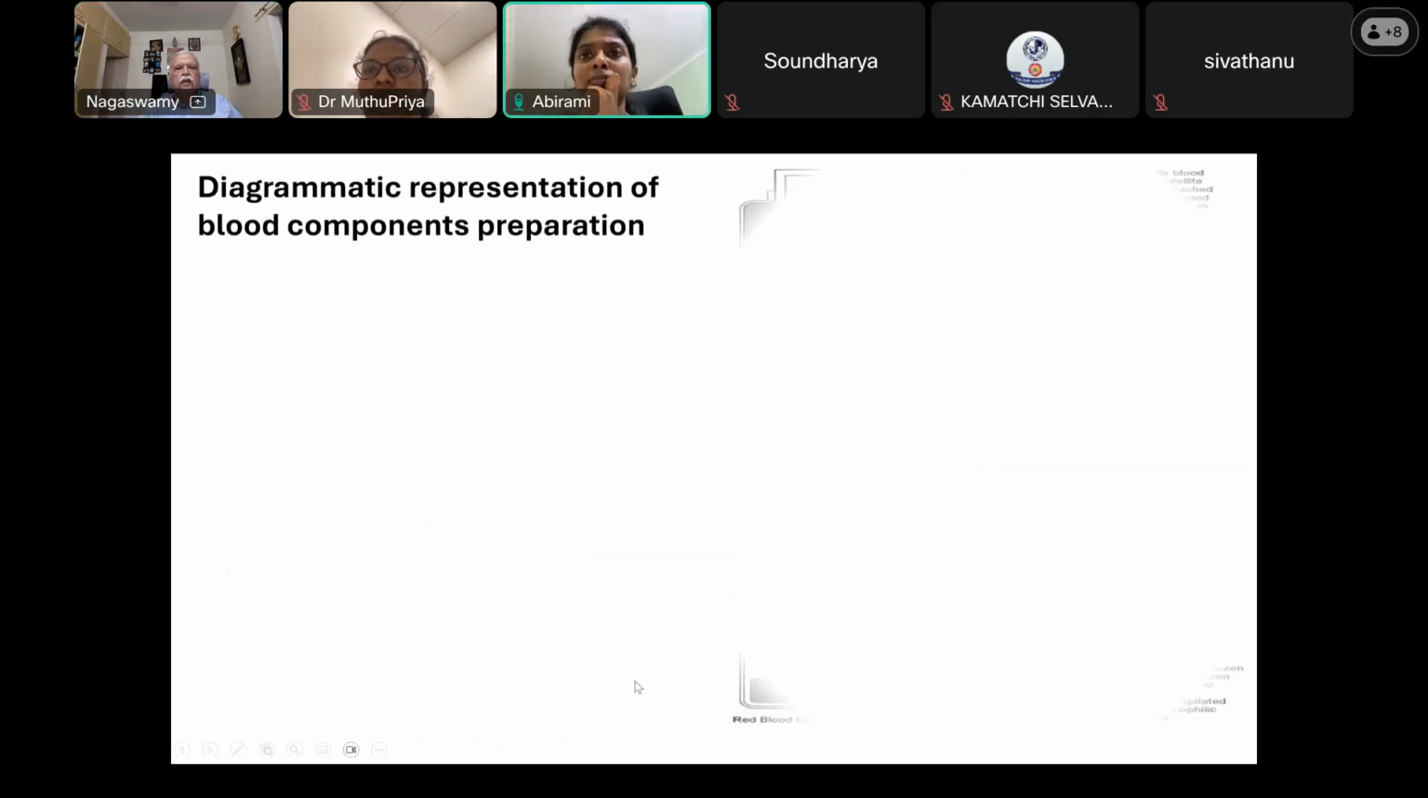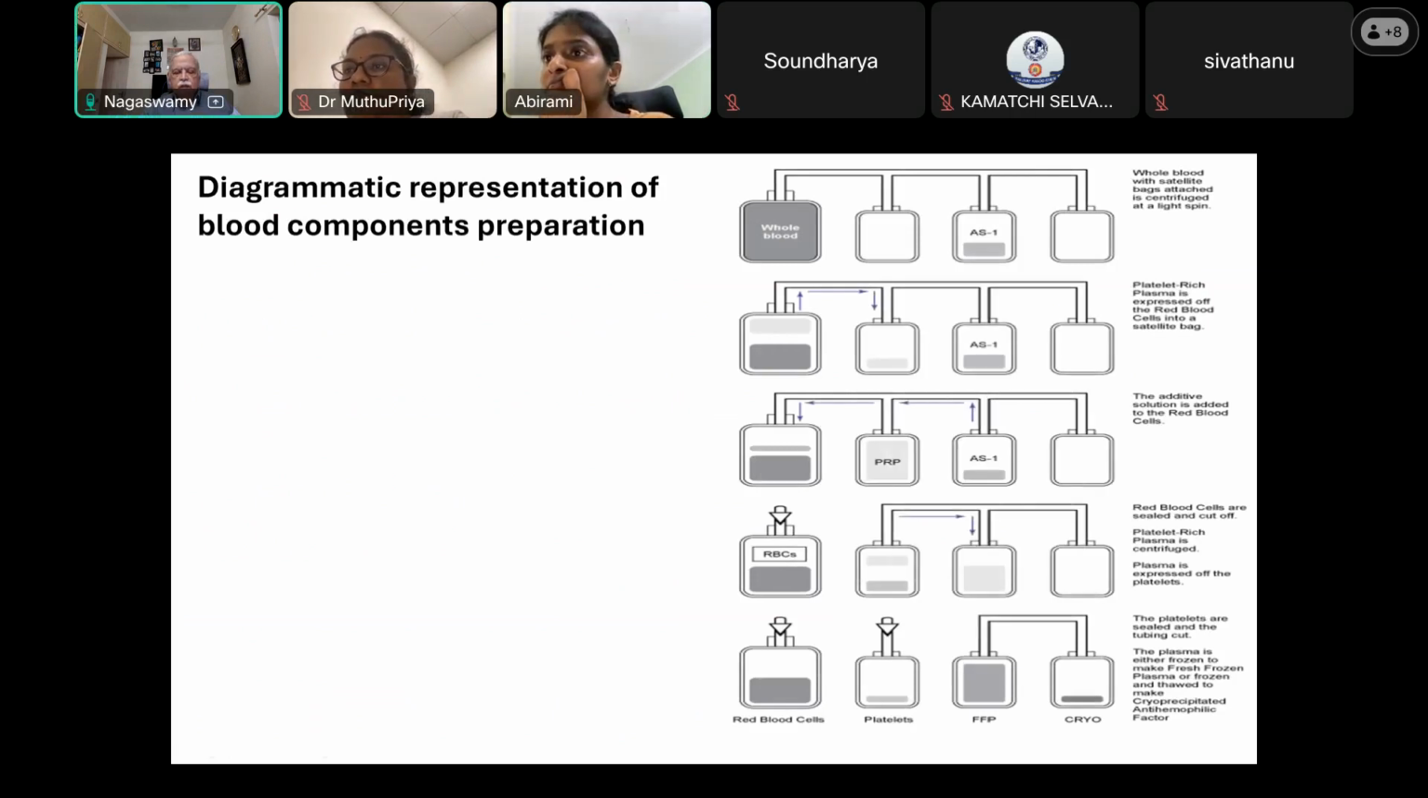This is the diagrammatic representation of what is called the multi-pack system. In the first pack, you can see the whole blood is collected here, and then you centrifuge, and the superficial plasma is removed, and the RBC will be taken at the last point. Like that, you can centrifuge at each stage and remove the component. Once a component is removed, that particular bag alone can be fused and sealed, and we can remove that. So this is the multiple pack system used for separating the various components in the